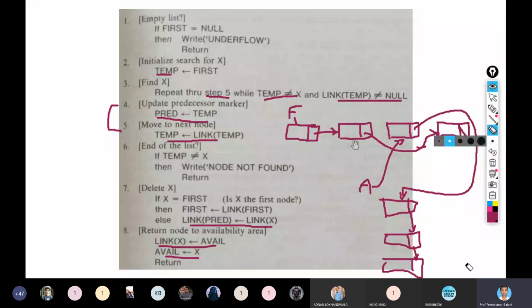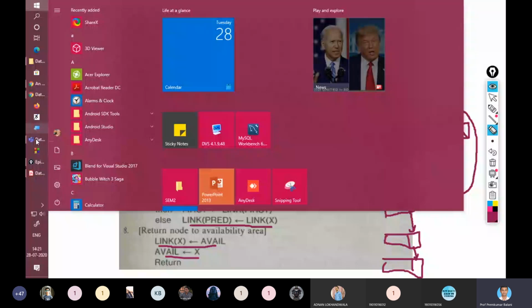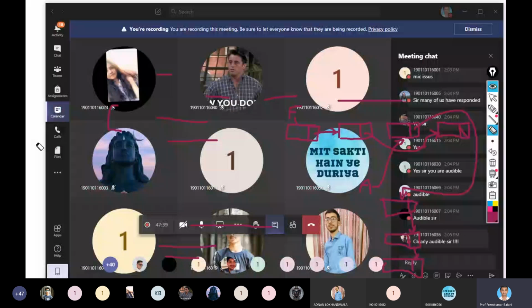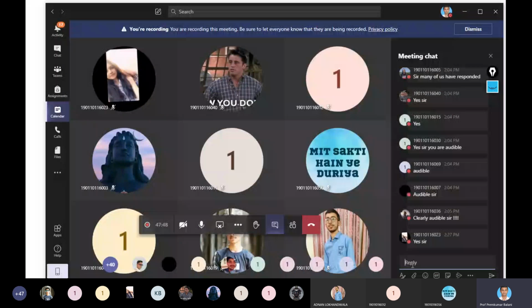Any questions? Have you understood? Roll number 23, write down in chat box. Okay, roll number 57, have you understood?